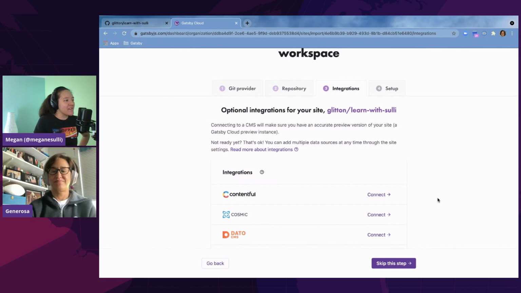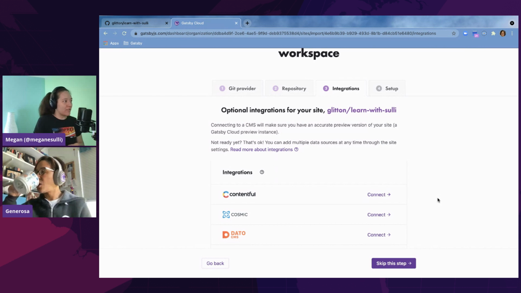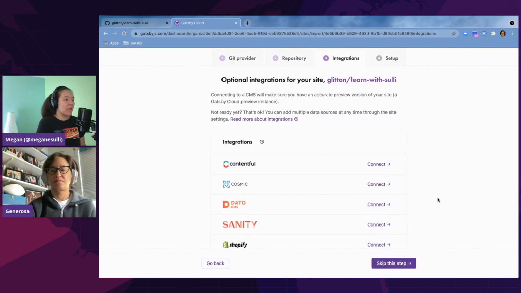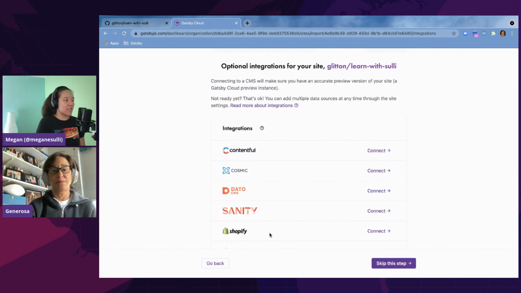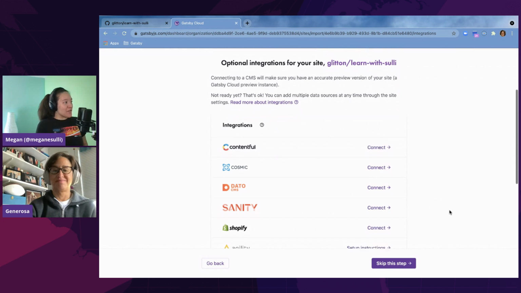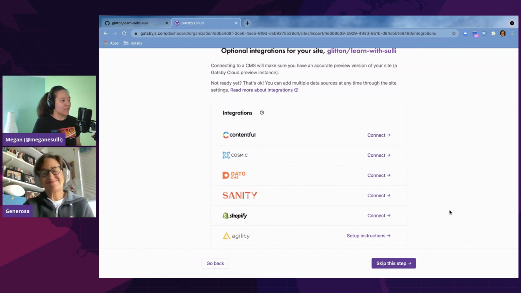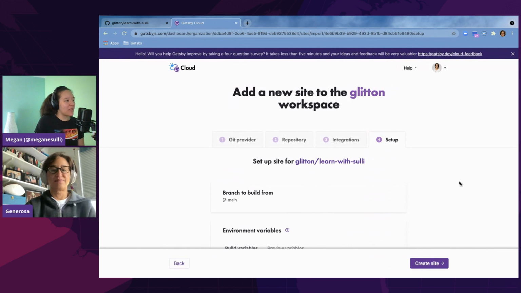Okay, so now it's going to ask you if you want to integrate with some other tools or other data sources. We're not going to do this for now, but it's nice to know that in the future, if you want to, this is where you would do that. So you can skip this step. Yes, we do. You can check out, was that last week? Yeah. It's all blurring together. At some point in the past, there was a live stream where we talked about the new Shopify stuff. So you can skip this.